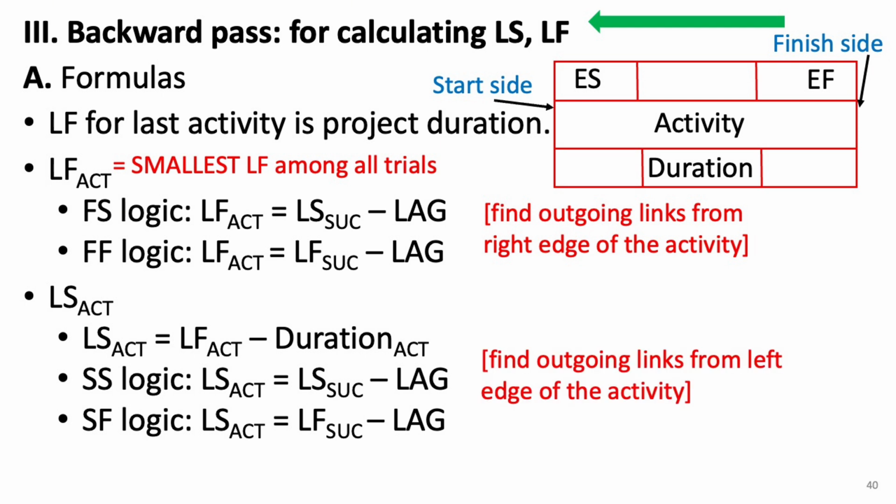If it's a start to start, SS relationship, the late start of the activity is equal to the late start of its successor, minus any lag time. If it's a start to finish, SF relationship, the late start is equal to the late finish of the successor, minus lag. Again, if there are multiple successors, we take the smallest late start from all the possible outcomes. And that's it. Those are the basic rules for calculating late start and late finish times using the backward pass